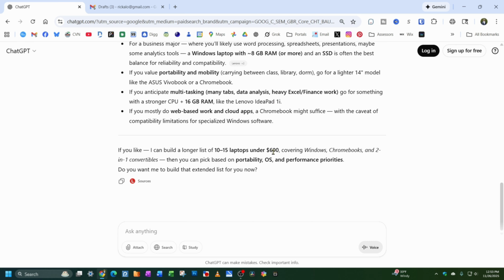So here's where another unique feature of ChatGPT comes in. It asks you a question if you would like some more information. And here it's saying, do you want 10 to 15 laptops to look at? Or do you want to focus on portability, OS, or performance? And do you want me to build that extended list? You could simply answer yes, and it would do that. But I'm going to come back and say,